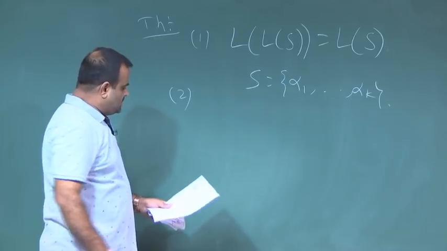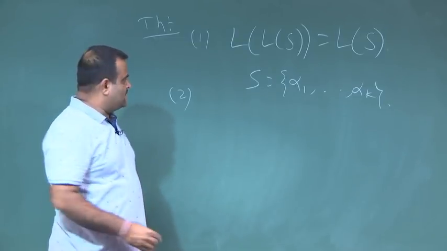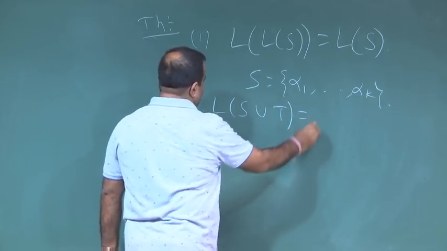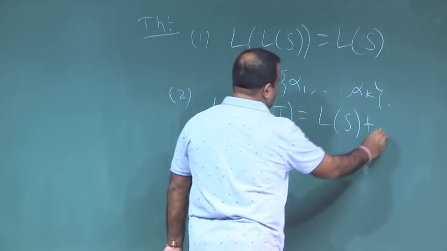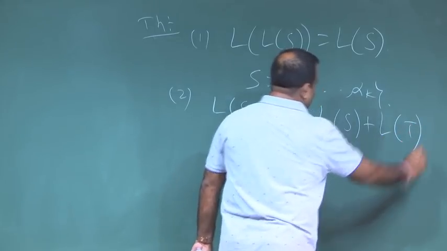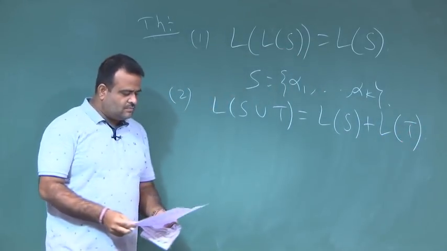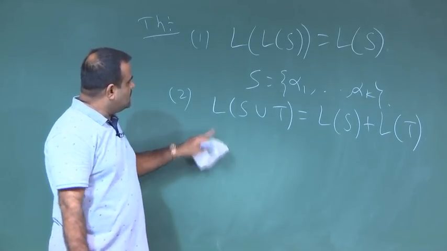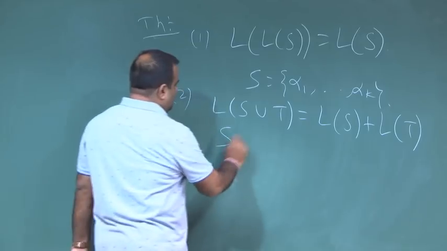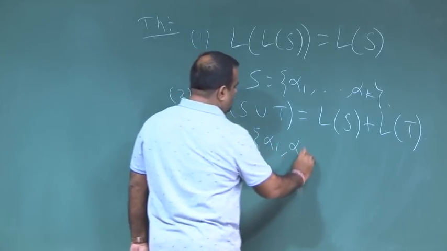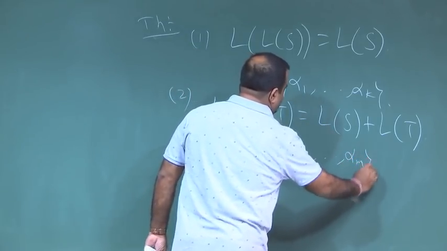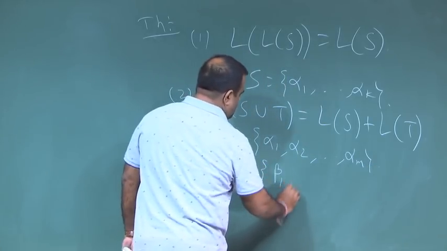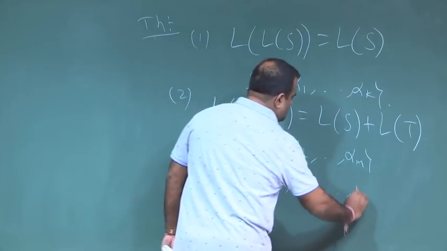Okay, the second theorem is, if we have two subsets S and T, then the linear span of S union T is basically the linear span of S plus the linear span of T. This is also something we can check very easily, because if we take this S set as alpha 1, alpha 2, alpha m, and the T set is basically beta 1, beta 2, beta n,